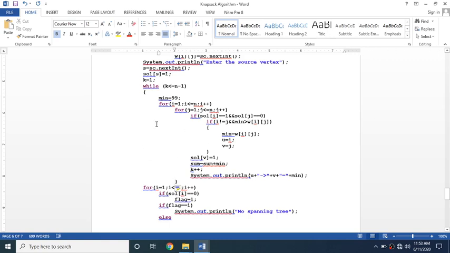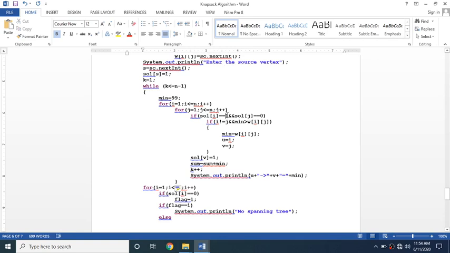Okay. So within this two for loops, they're going to execute this if statement. Within this if statement, what they're going to try to find is whether visited of i is equal to one, that is, one node is visited and another node is not visited. That's why 1 and 0. 1 is nothing but visited and 0 indicates not visited, as we have seen in this line. The source is visited first, right? So that is 1.